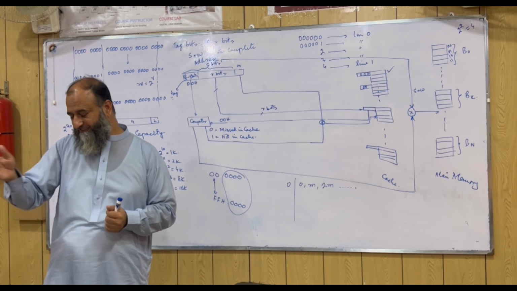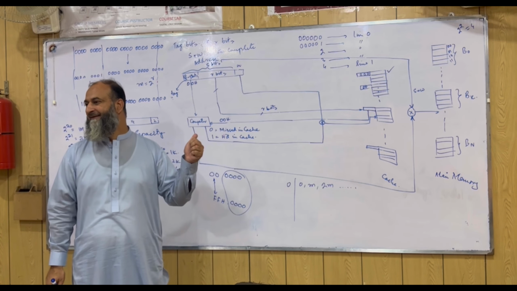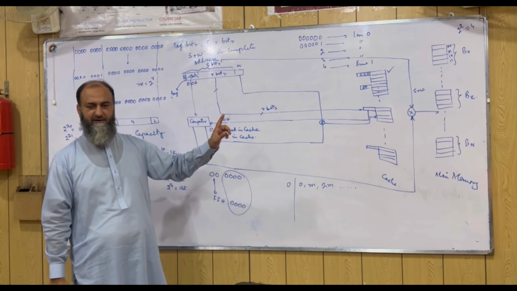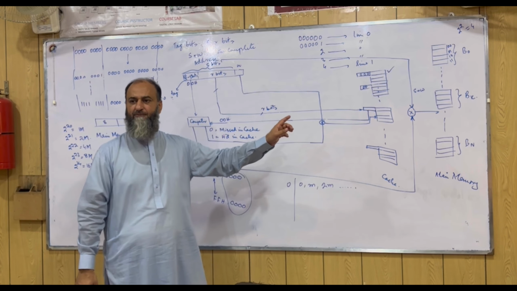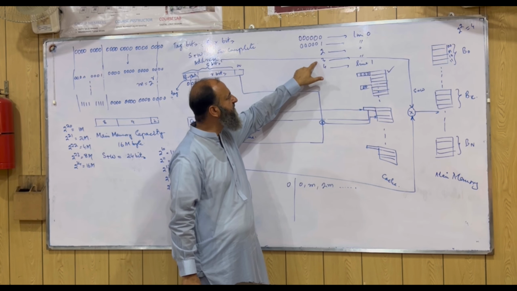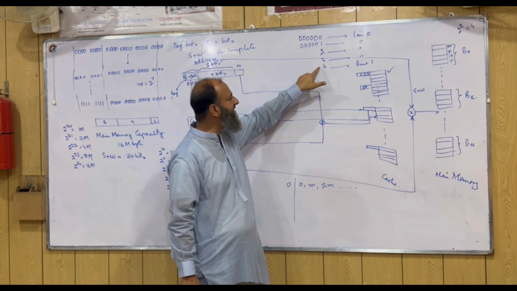Stored tag, originated tag के दरमियान में comparison है, whenever it is a hit in cache it means the word is readily available here and it is now going to be fetched to the CPU को fetch कर दिया जाएगा। If it is not available, it is a miss in cache, it goes to the main memory and the corresponding block is moved to the cache, cache को move कर दिया जाता है and साथ साथ वो CPU को move कर दिया जाता है। So this is the main phenomenon here। This is the first address of 24 bits। This is the second, third, fourth, यानी कि 0 1 2 3 and then you get the line number changed, is it okay?